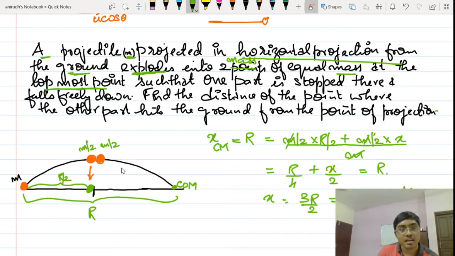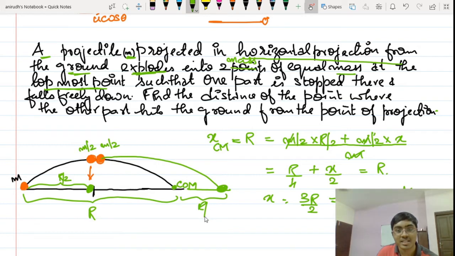That means this much is r. Then again it has covered this much of distance. So this body is actually falling at a distance of this. So this will be r by 2, isn't it? R by 2, and this is r. So this is the distance traveled by the second mass, and the center of mass keeps on continuing its trajectory and it will correctly fall at the range of the projectile itself. So this is the basic concept of the center of mass being tested over here.